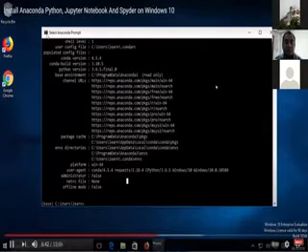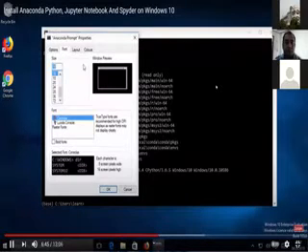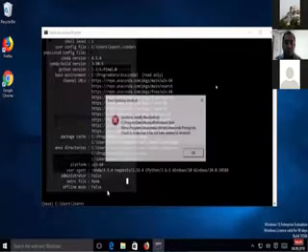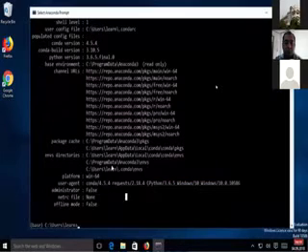Let me make the font a little bit bigger so you can see what I'm typing. I'm going to use font 20 here, and now you can see the font is a little bit bigger. Now, as I said, Conda comes with some nice tools like Jupyter Notebook and Spyder. So we will start using this command line.